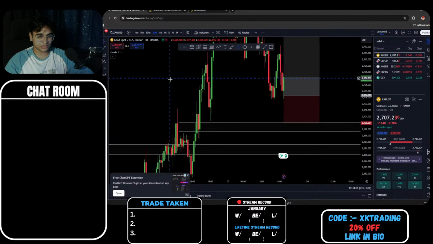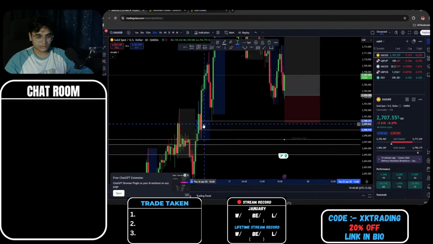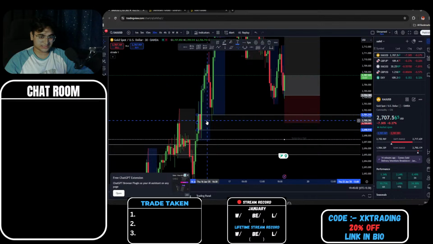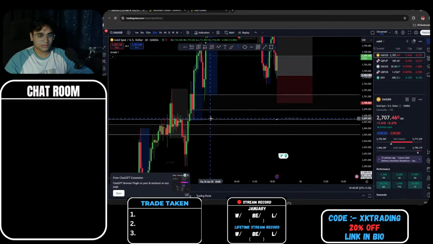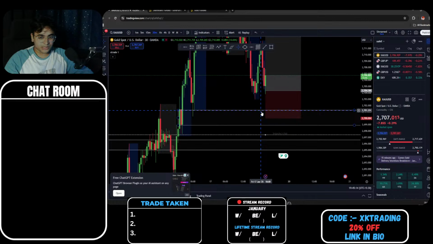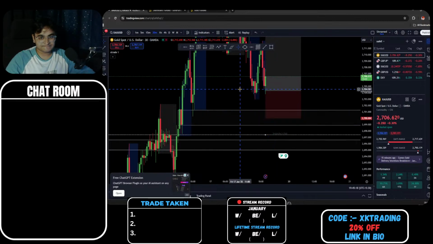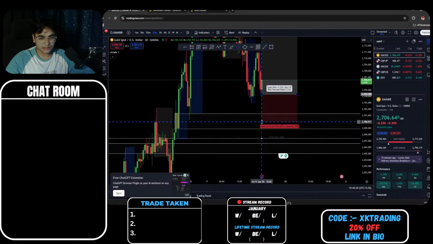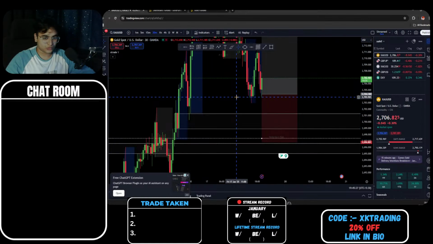I think it was on the 30 minute. Yeah, into this zone especially. I don't know, I think people say this is an order block or so, but according to me, this is a strong key area as well, because after that we have seen that bullish momentum coming in. I would love to put SL below this area, but that will be too big of an SL, and I don't want to hold that much.